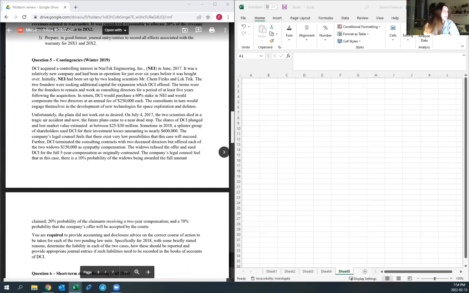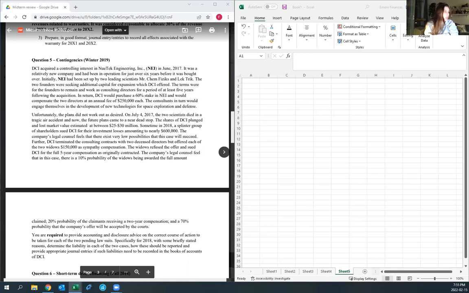Further, DCI terminated the consulting contracts with the 2 deceased directors, but offered each of the 2 widows $150,000 as sympathy compensation. The widows refused the offer and sued DCI for the full 5-year compensation as originally contracted. The company legal counsel feels that in this case, there's a 10% probability of the widows being awarded the full amount claimed, 20% probability of the claimants receiving a 2-year compensation, and a 70% probability that the company's offer will be accepted by the